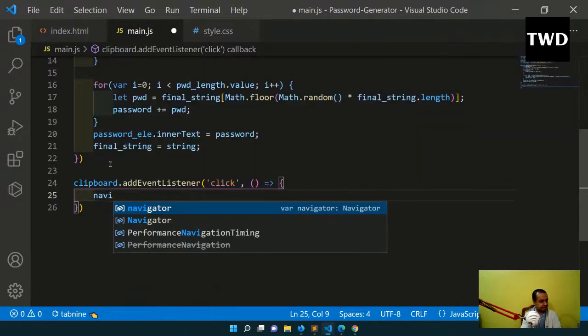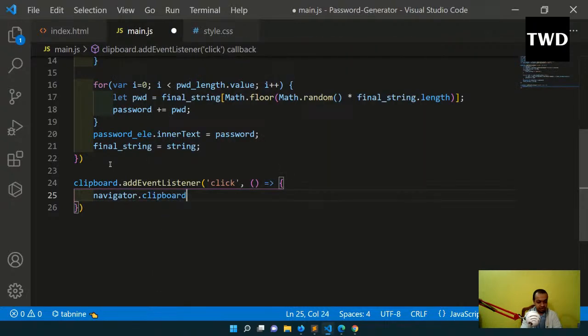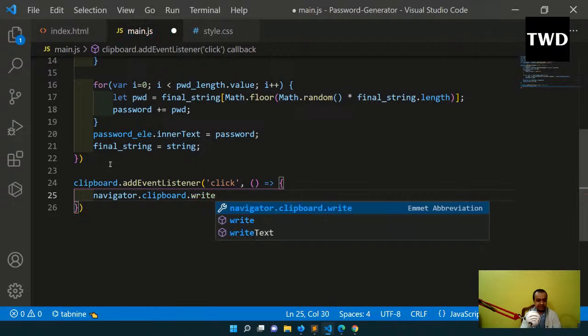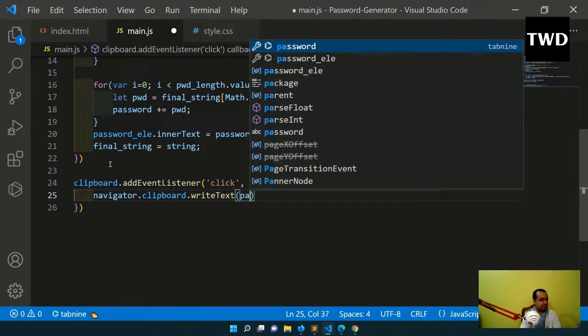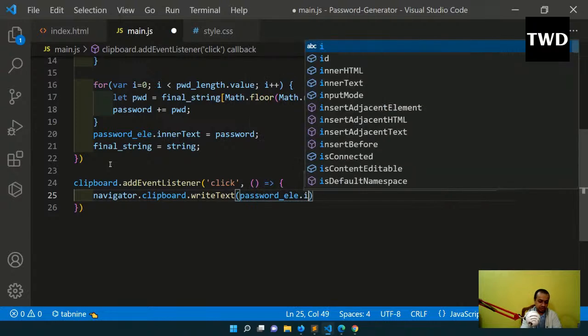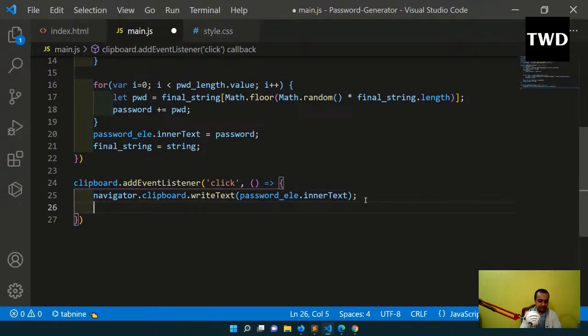There is something known as navigator dot clipboard dot writeText. This is inbuilt, given to us by the browser API. It is passwordEle dot innerText, whatever is the inner text, and we'll also have this alert